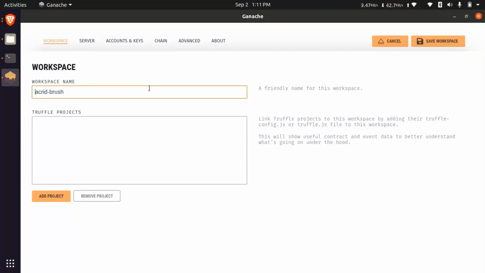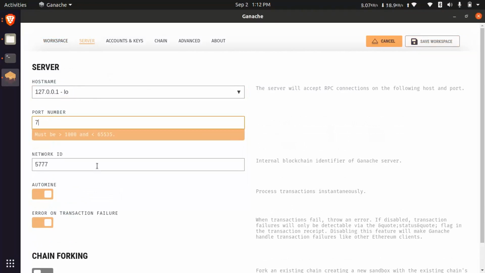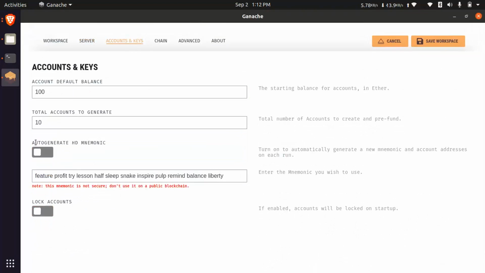In that, I'm creating a workspace named test, and then the server is localhost. I am keeping that the same. I'm going to modify my port number, like 7888. Network ID I am keeping like 55. You can change it yourself, it is your wish.